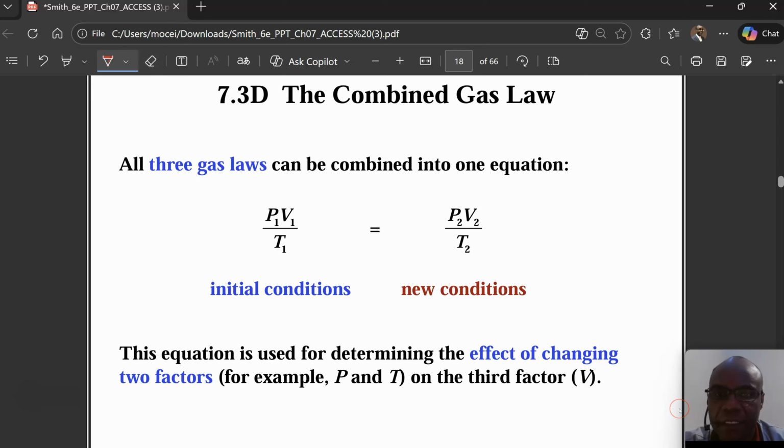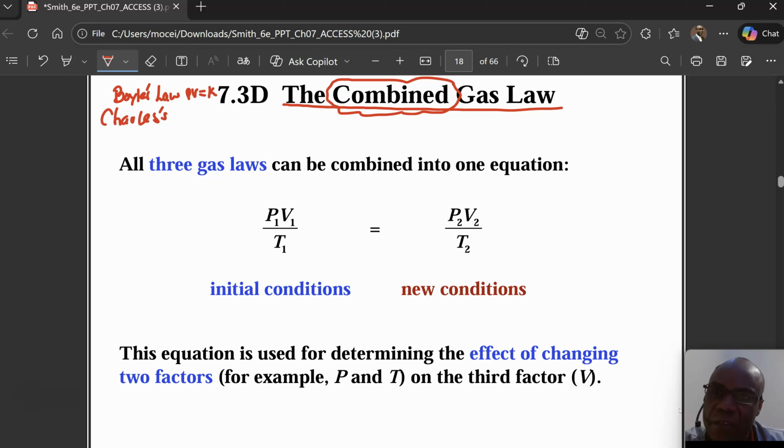Let us discuss another law that involves gas laws, and in this law, it's called the combined gas law. Why is it called the combined gas law? It's because it's a combination of Boyle's law. We talked about Boyle's law, which was PV equals a constant K,